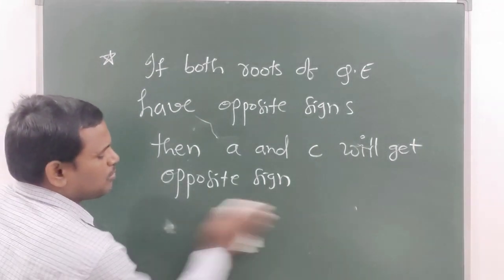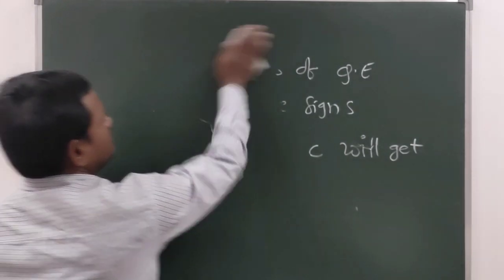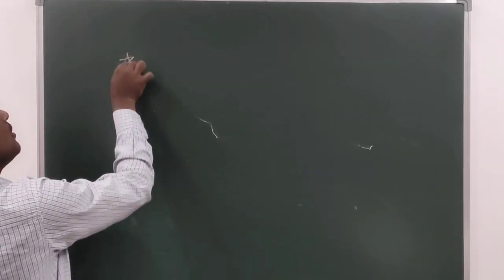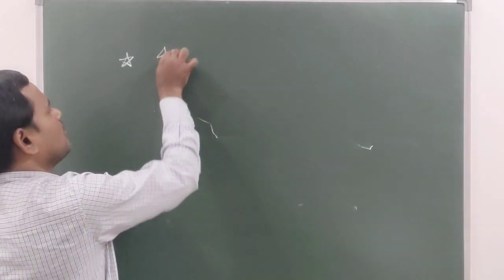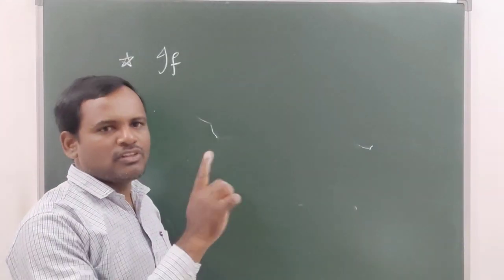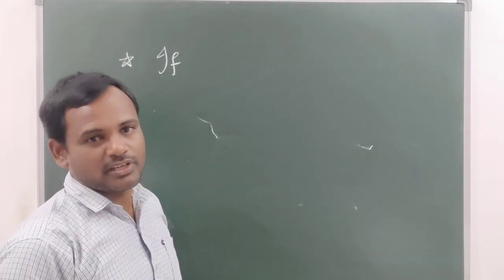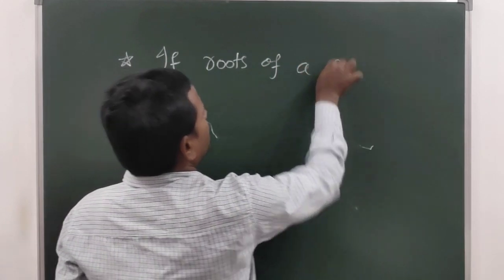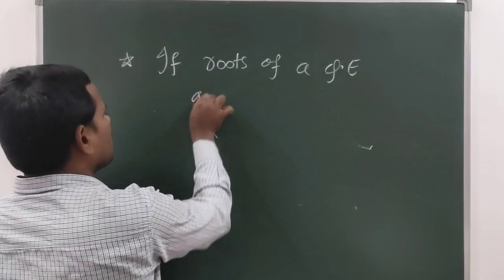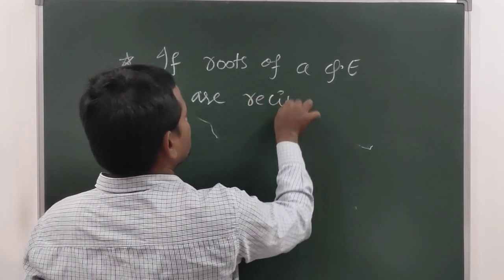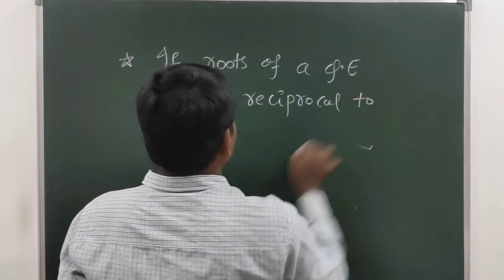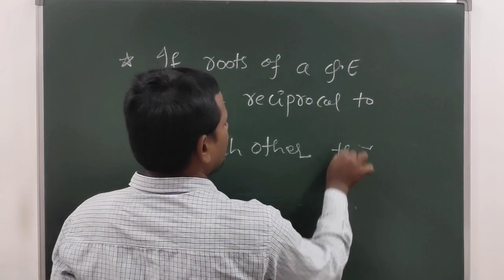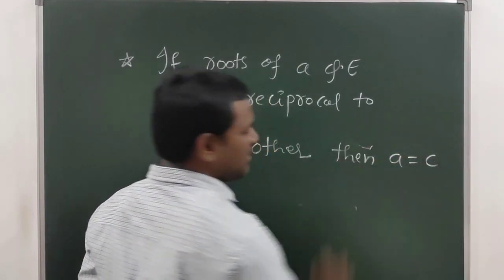Now let us go to one more property. Suppose the roots of a quadratic equation are reciprocal to each other, then A is equal to C we will get,